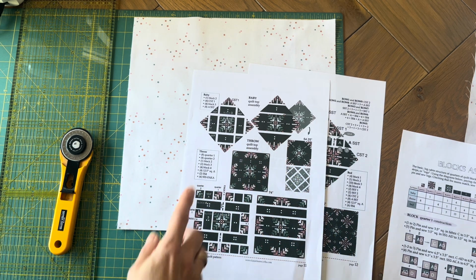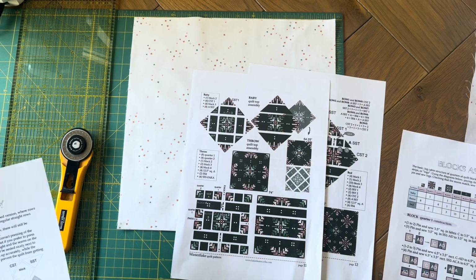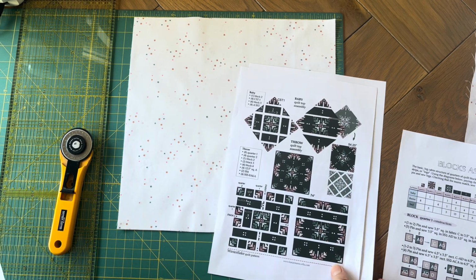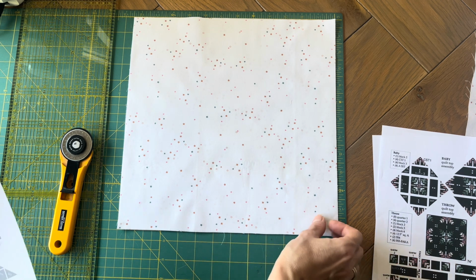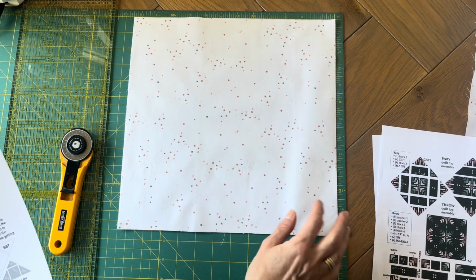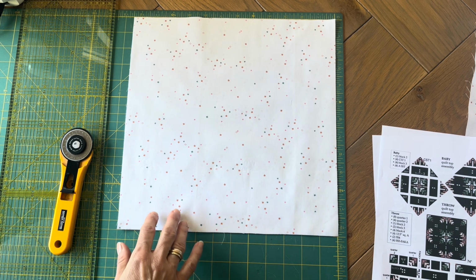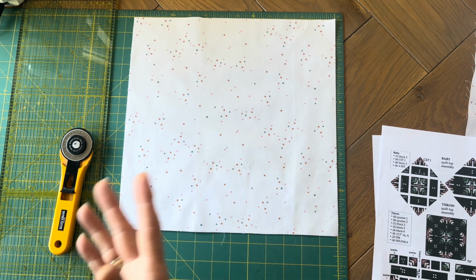So it's very easy to follow these diagrams, to follow the needed blocks or pieces, and to go to the assembly. Here I just cut 2 squares in fabric A that are 12.5 inches. I'm going to cut one of these in half in order to obtain 2 side setting triangles. I'm going to show you how we're...